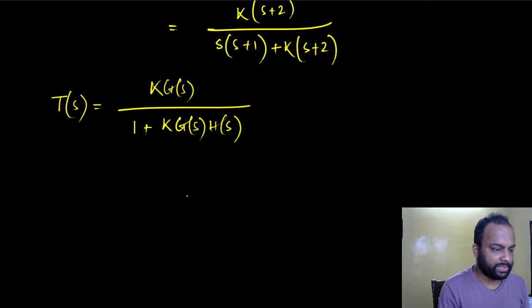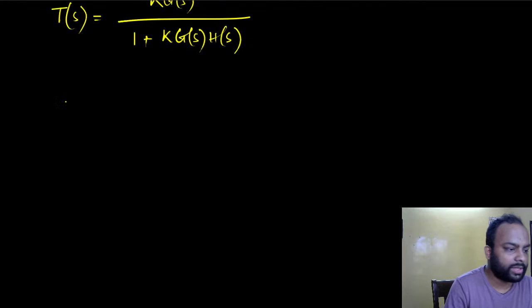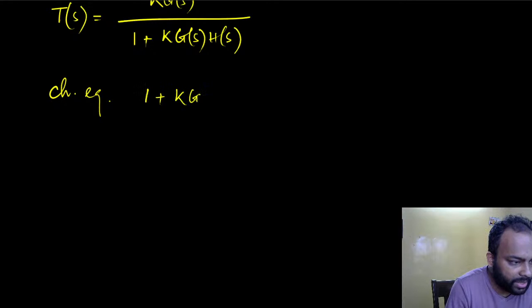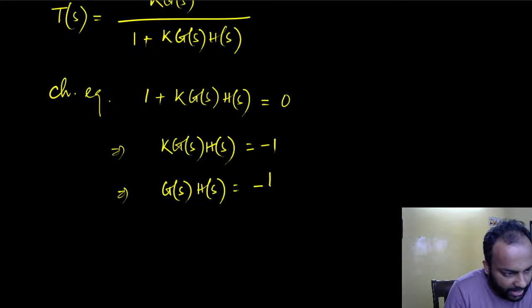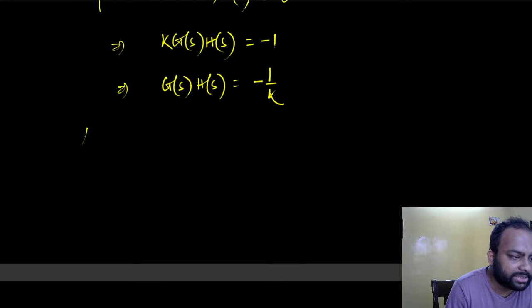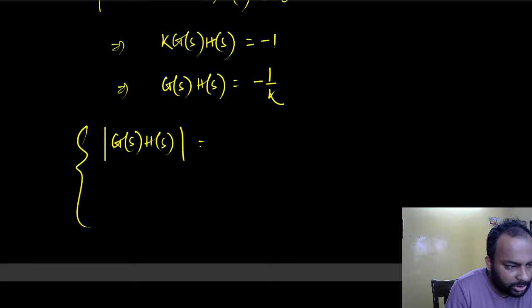All right, so we have this, right? And we know the characteristic equation looks like this. So the characteristic equation is essentially the equation in the denominator. So 1 plus K G(s) H(s) is equal to 0, right? So we talked about this in the last class. That's equal to -1, and that gives me K G(s) H(s) is equal to -1, and that leads to two equations, namely the magnitude criteria and the angle criteria. And the magnitude criteria states that the magnitude of G(s) H(s) should be equal to 1 by K, and the angle of G(s) H(s)